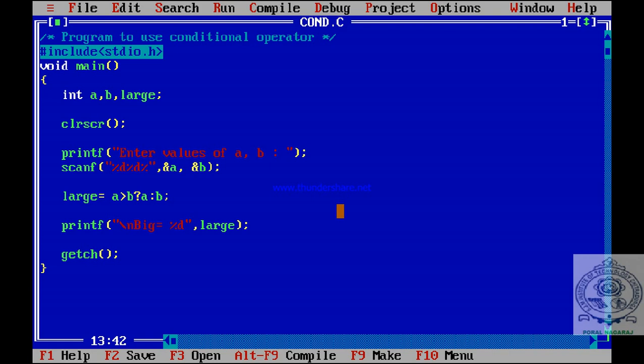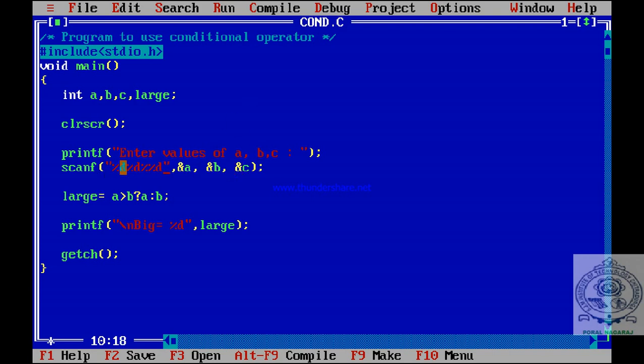So this is how we can use the conditional operator to find the largest of two numbers. Suppose I have to find the largest of three numbers, what will I do? I will take one more input called c. I will declare one more variable c. So I have to read one more variable c here, isn't it? So enter the values of a, b, c. Then I have to read three inputs using the scanf statement. That's why I have to write one more ampersand c. Because you have used one more input, here you have to add one more percentage d format character.